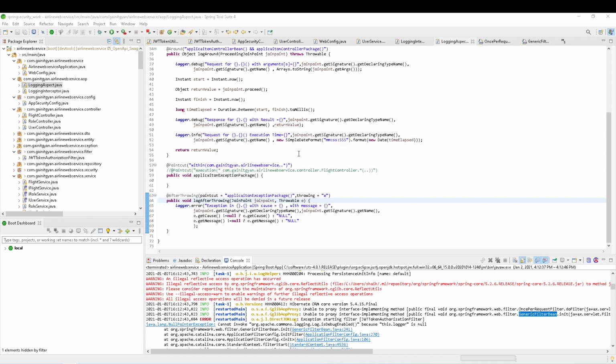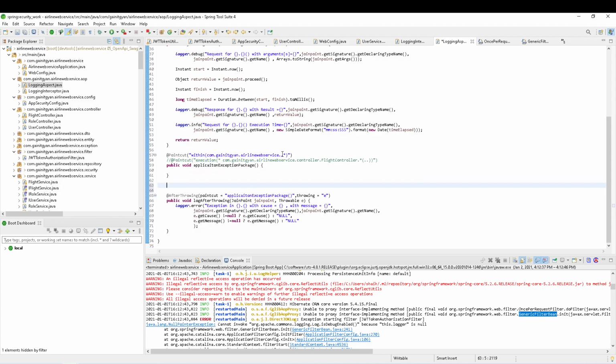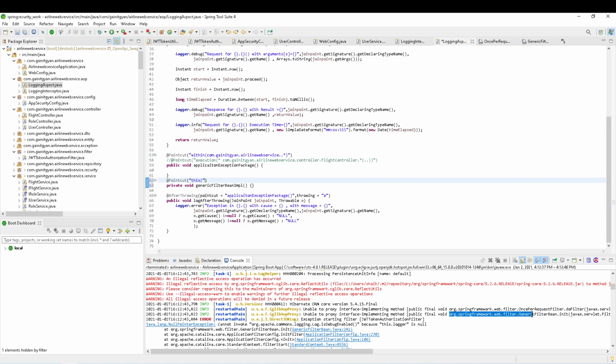I'm going to create a pointcut here, and I will declare it as private void genericFilterBeanImplementation, and here I'm going to say @Pointcut, and I'll use this whole thing here,